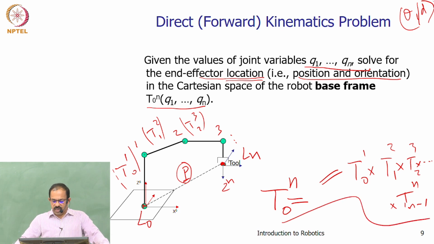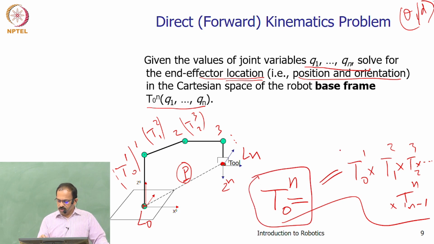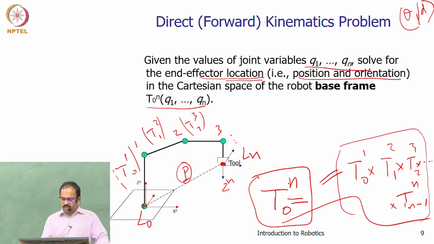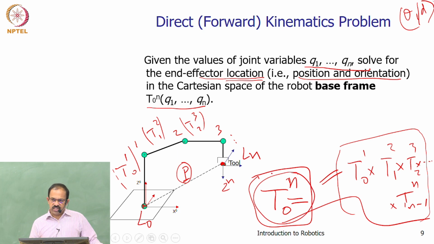So, if it is an n degree of freedom joint and if we can assign coordinate frames and find out all the DH parameters, we can find out the individual transformation between adjacent coordinate frames. Using these individual transformations, you can find out the final transformation Tn to 0 using this relationship 1, 2, 3, etc. Once you have this Tn0, you will have the forward relationship. This matrix will tell you the relationship of this coordinate frame to this frame, and we know that each one of these is a function of the joint variable q.